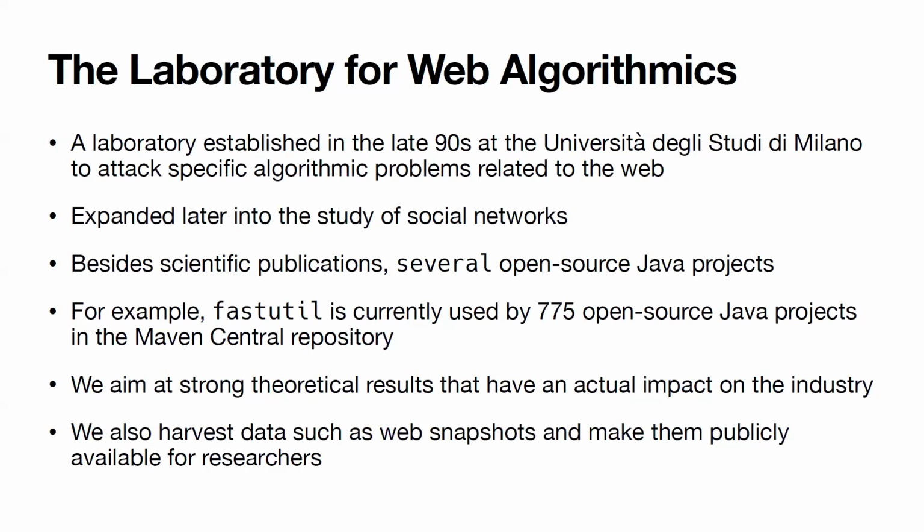We also did a lot of data harvesting, in particular in the late 90s and the first 10 years of the 2000s, creating a very large database of web snapshots and social network snapshots that have been used in hundreds of publications because they are there. You just download them and you can use them. And it's a lot of work to gather web data. Now there are organizations like Common Crawl that do that. But at the end of the 90s, there was basically nobody.